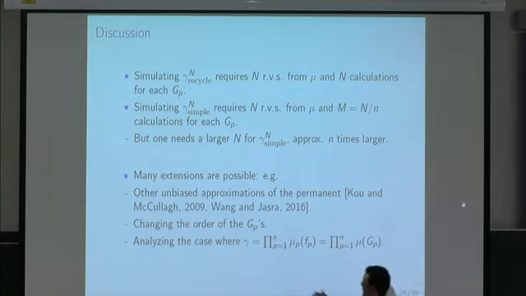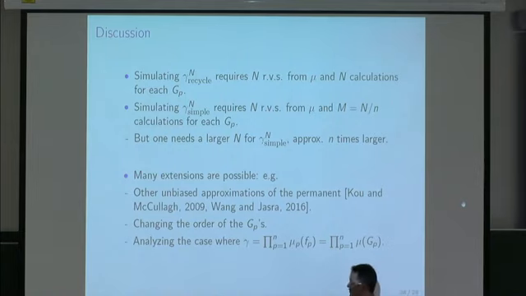There are other algorithms for approximating permanents. In particular, there's an SMC algorithm, which of course is very expensive, right? So those approaches might be interesting in some contexts where the simulation of the random variables was incredibly expensive compared to the computation of the potentials. It's a free game, right? I mean, if you make things more expensive on the one end, you're more motivated to use more sophisticated algorithms on the other.